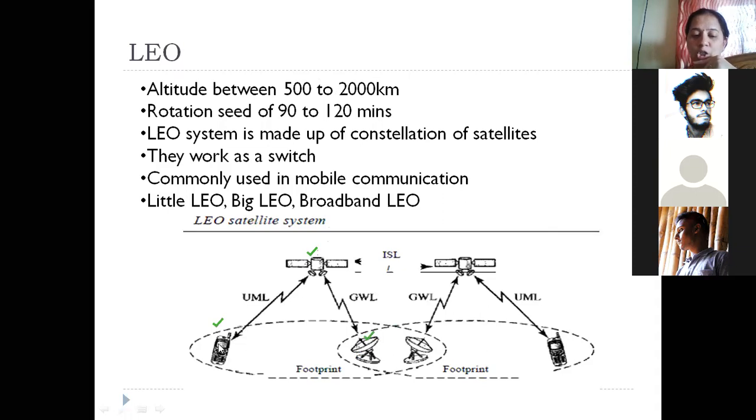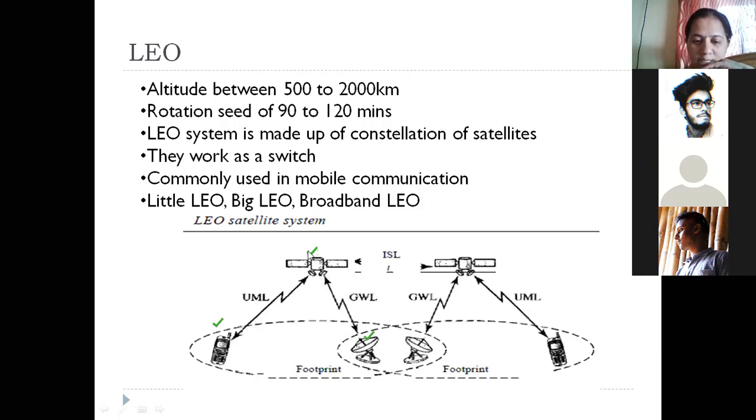So you want to send your signal from your mobile, that is from your source, to this other end, which is the destination. Since this distance is very large, from your phone the signal is first sent to the satellite. The satellite will act as a switch. What does a switch do? It takes the signal or the data over an incoming line and forwards it over an outgoing line. So the mobile will first send the data or the signal to the satellite, and the satellite in turn will send it to the other end.